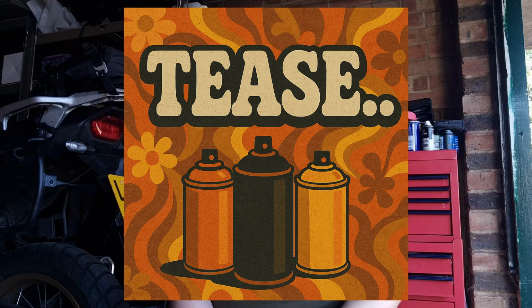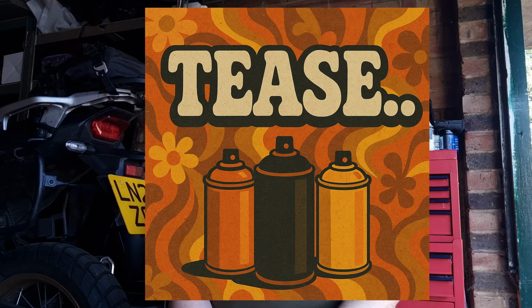So what I'm going to do is, as I said earlier, nip up to Halfords, get some rust remover to do that bit of surface rust, or prep it for painting. No, I'm going to leave that one. I'm going to tease you with that one. And we're going to get the gear oil, because we'll do the gearbox oil along with the engine oil, and the coolant, which I've now got all the bits and pieces. Also got the tools, the belt and rollers, they've arrived. So we're steaming ahead now with this Spannering the